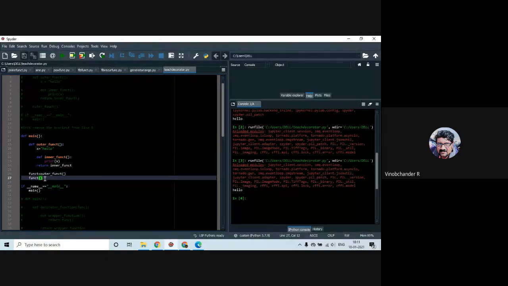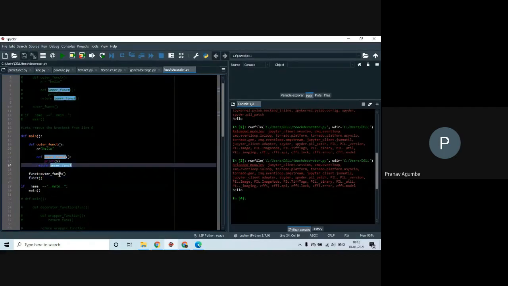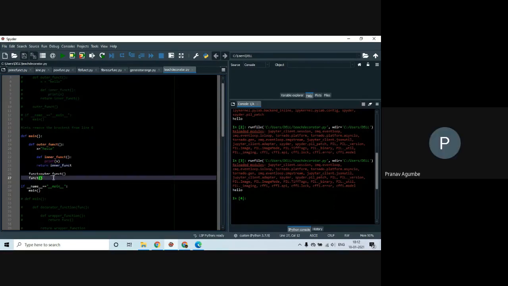So when you call func, what actually happens? Can you trace that? Yes, sir. So when we call func, we first go to outer function, and then here we have a variable x, hello, and inside that we have an inner function which prints the variable x, hello. It does not print immediately unless we have return inner function, because it's just a function definition. And when we do the return inner function, it returns the inner function, so it prints x, that is, it prints hello. So that is what is happening here.